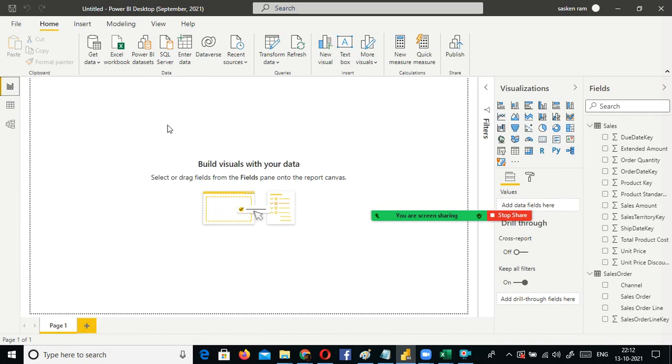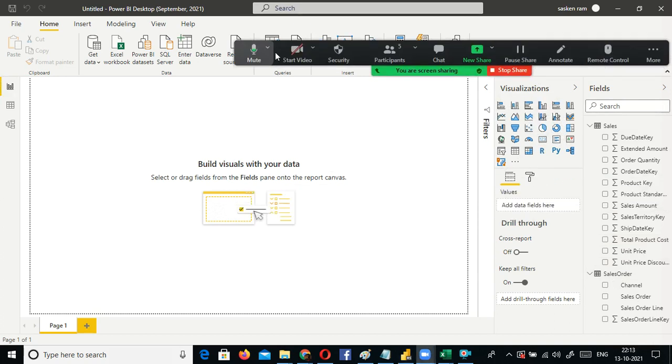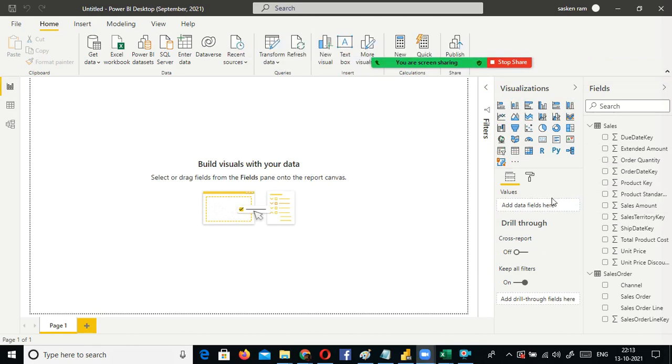Look here on the right side, you will find all the fields related to each sheet. For sales, what columns are there, and for sales order, what columns are there, you can see here. And this is for visualization: which kind of chart you want to generate and what kind of filter you can apply. Everything is possible now. We have something called axis, values and analytics also available. That I will show you.